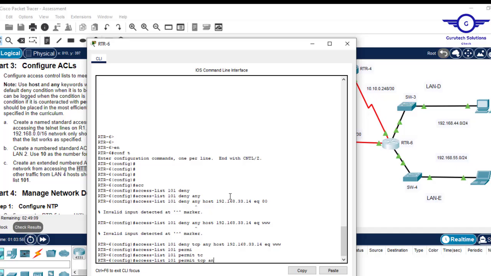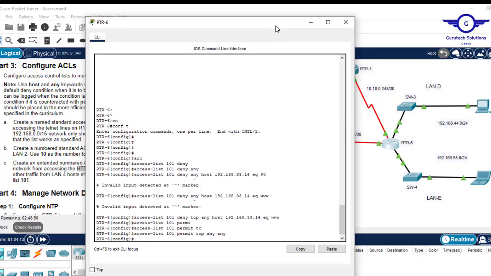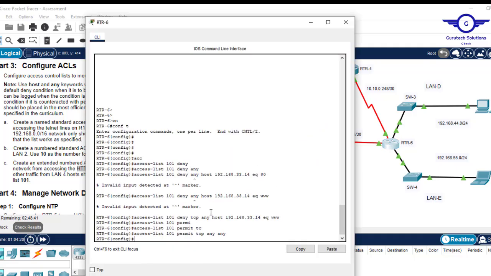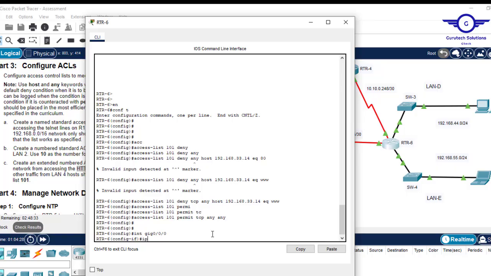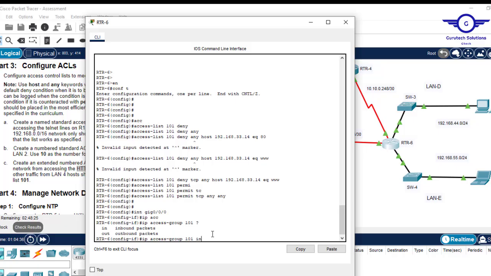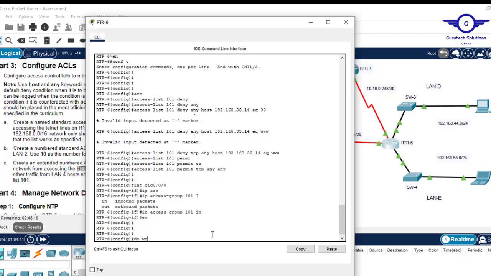TCP any. Okay, so let's apply the access rule to this interface, which is gig 0/0/0. So interface gig 0/0/0, IP access-group 101 in. Let me query. Okay, so exit and do write. So guys, we are done with